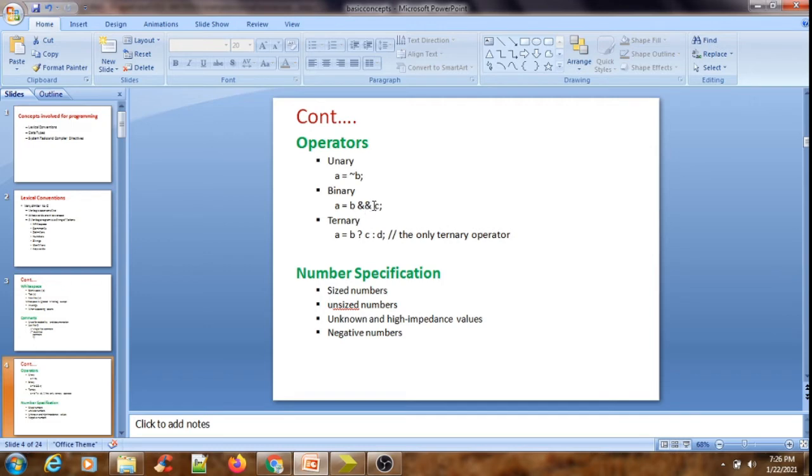Binary means the operator operates on two variables or two operands, and the ternary operator is the only one representation we have here in Verilog HDL. This is nothing but a conditional operator. We call this ternary operator a conditional operator, such that it operates on three variables.